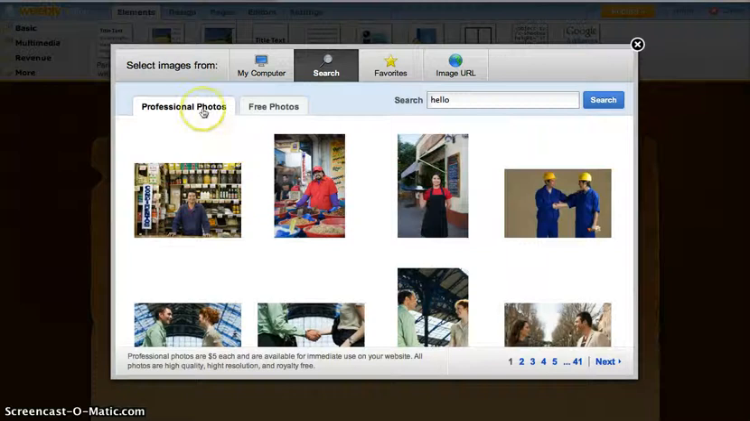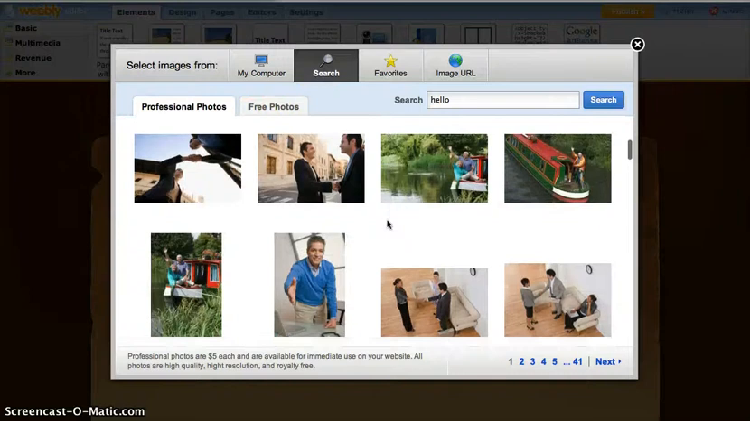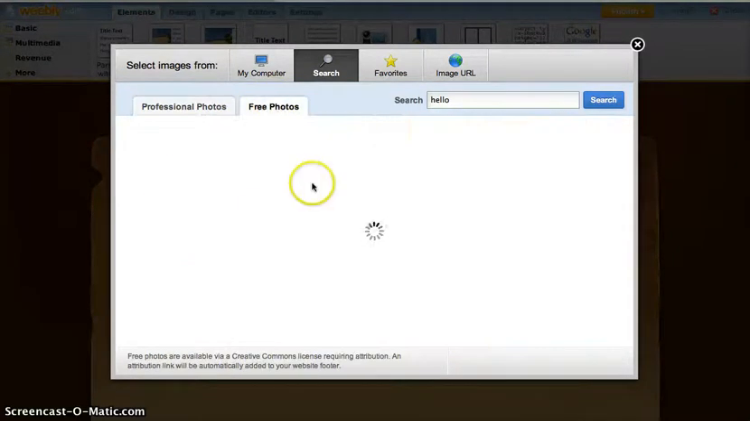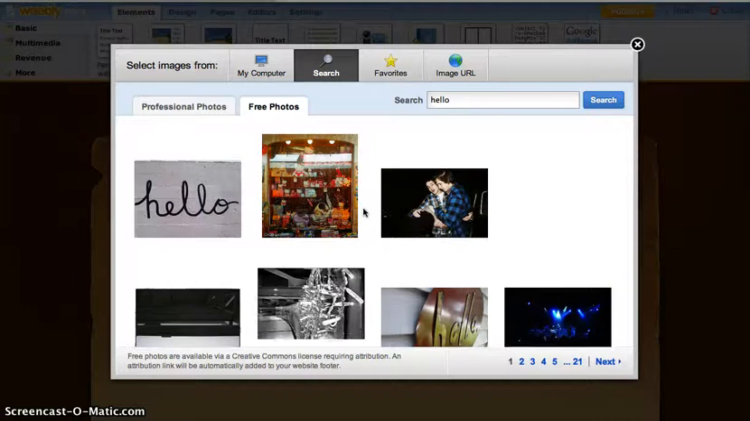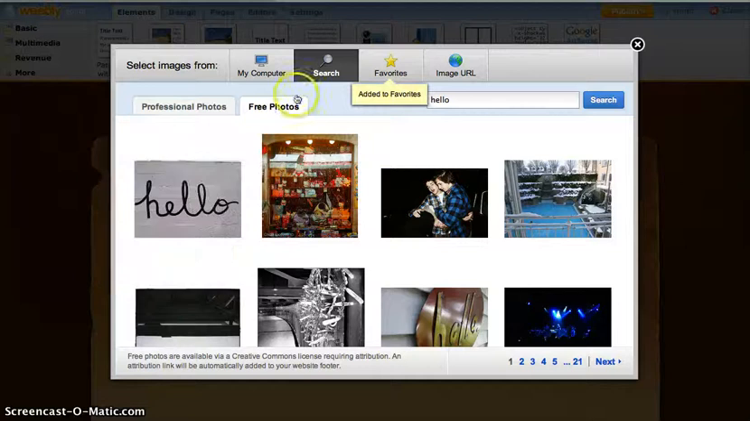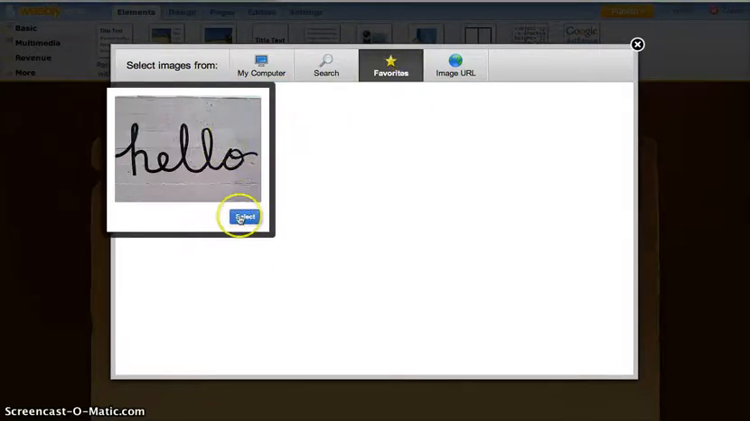and these are the professional photos, which are $5 each, but we want to go to the free photos, and you'll notice that these are pretty good professional quality photos, and these are not. This isn't bad. So I'm going to use this one. Now here's where you can add to favorites. I'm going to add that one to my favorites. So now I can go over to my favorites, and there it is, and select it,